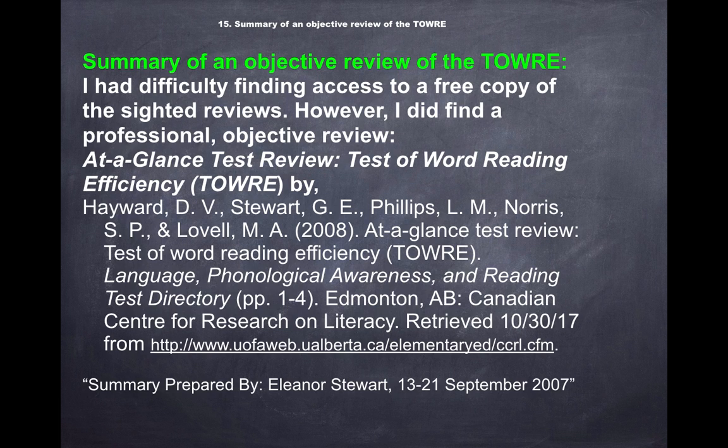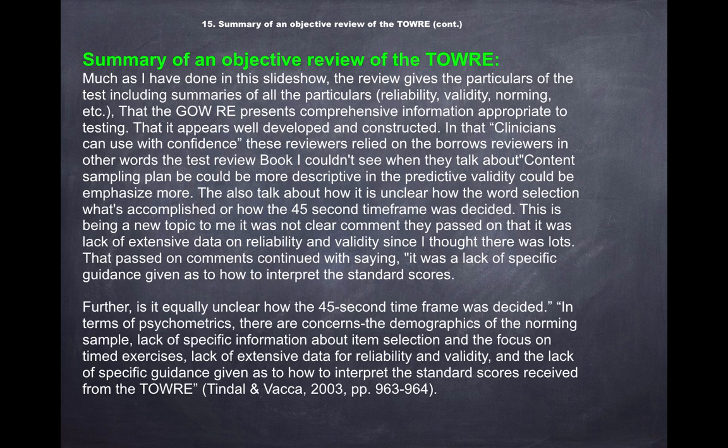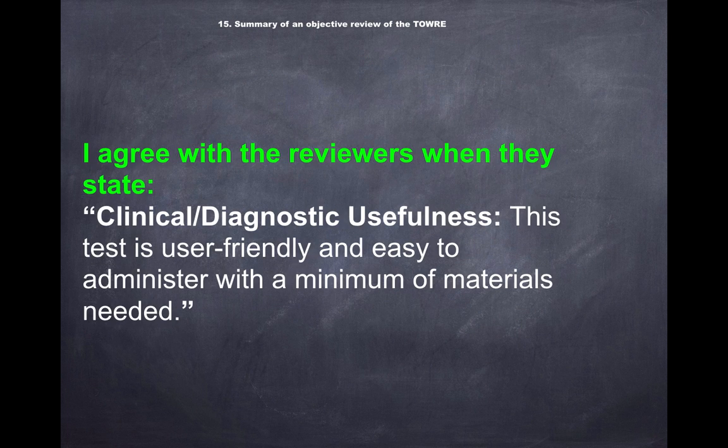They gave the basic summary, much as I have done here, but I was a little disappointed that they didn't come up with their own critiques. But at least they did pass on the critiques of the evaluators for the Buros ones, which I couldn't find access to. Again, they say it's easily administered. And so their problems,